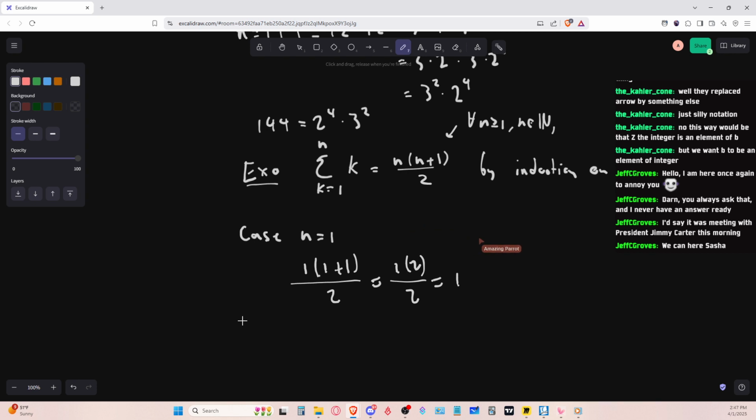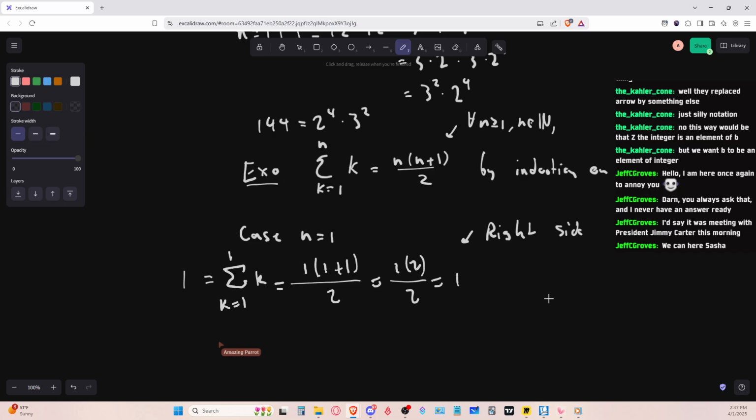So just to be sure, this is an evaluation of the right side, right? Mm-hmm. And then you explicitly evaluate the left side. Yeah, I'll write it. I didn't like the way I wrote that sigma. k equals 1, and then goes to n. Okay. Yeah. So here we can replace the n by the actual value, which is 1. And so this sum is obviously 1, right? Right. Okay. So now let's do the hypothesis,